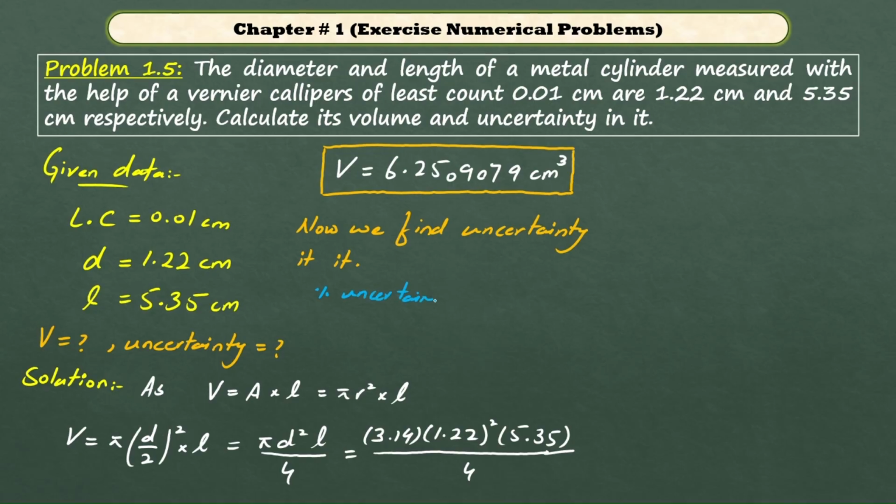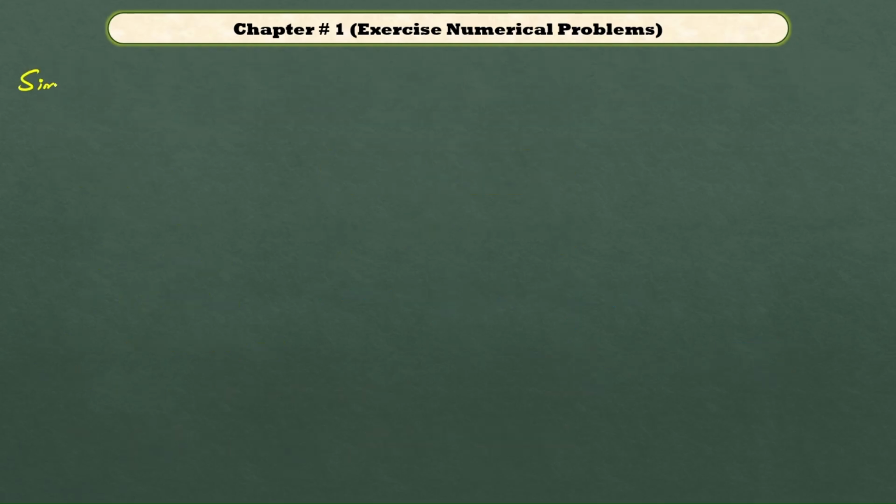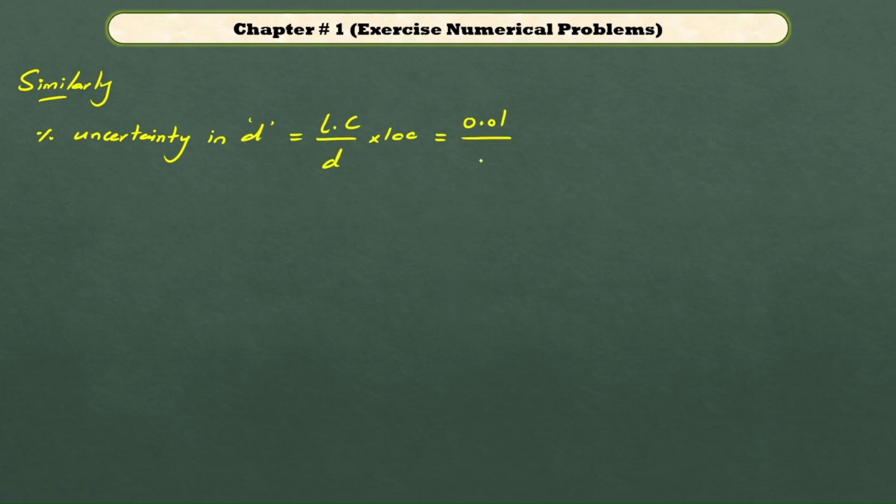So percentage uncertainty in length is equal to least count divided by length into 100, 0.01 divided by 5.35 into 100, it becomes equal to 0.2%. Similarly, percentage uncertainty in diameter is least count divided by diameter into 100, by putting all these values in this formula, we get